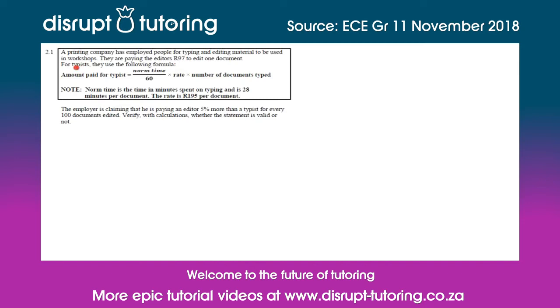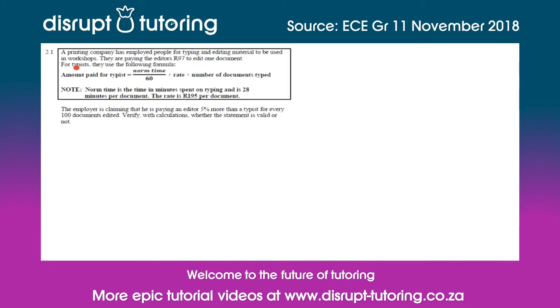It says a printing company has employed people for typing and editing material to be used in workshops. They are paying the editors 97 Rand to edit one document. And for typists, they use the following formula: the amount paid to a typist is normal time divided by 60, multiplied by the rate at which they get paid, multiplied by the number of documents typed. Normal time is in minutes spent on typing, and this is 28 minutes per document, and the rate is